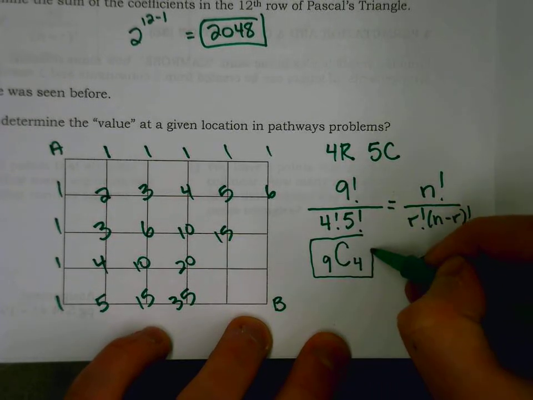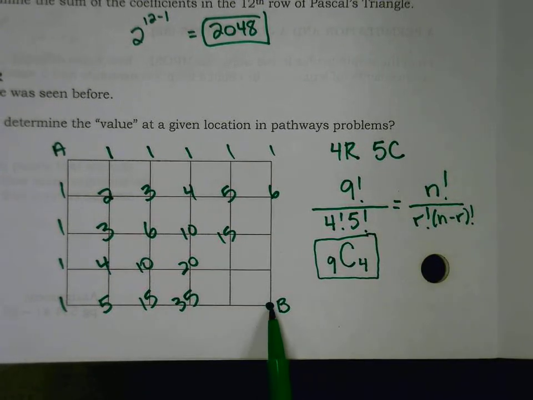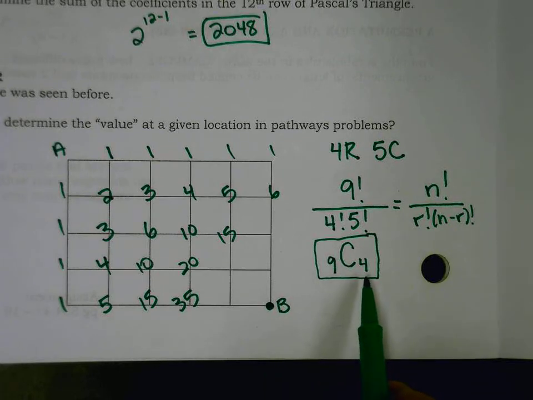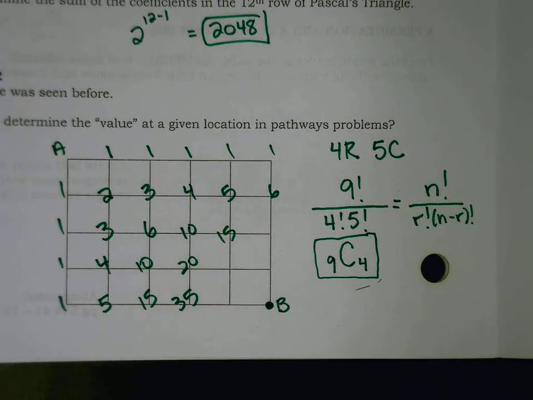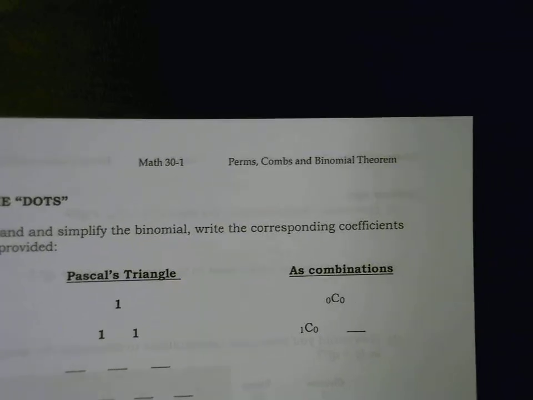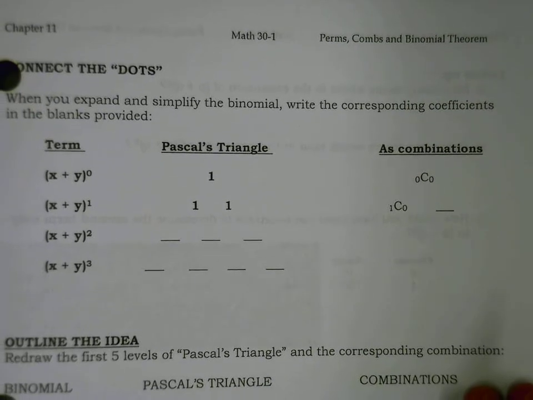So mathematically, I could determine the number of ways to get to here, or the value in this location, by computing 9c4. And there's a deep connection between that location and expanding a binomial. And so we're going to explore this idea of how combinations can help us build specific parts or individual locations in Pascal's triangle, and then perhaps build on the actual expansion from start to finish. So let's try to connect a few dots and talk about this expansion of a binomial, about Pascal's triangle, and